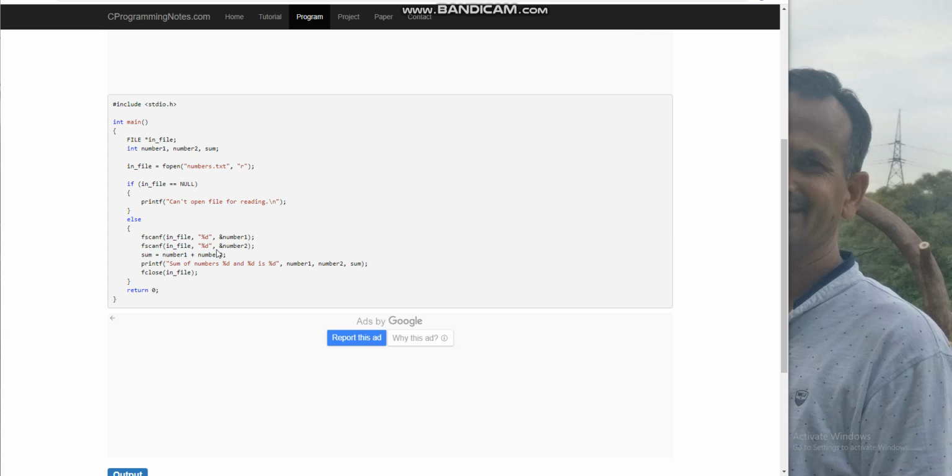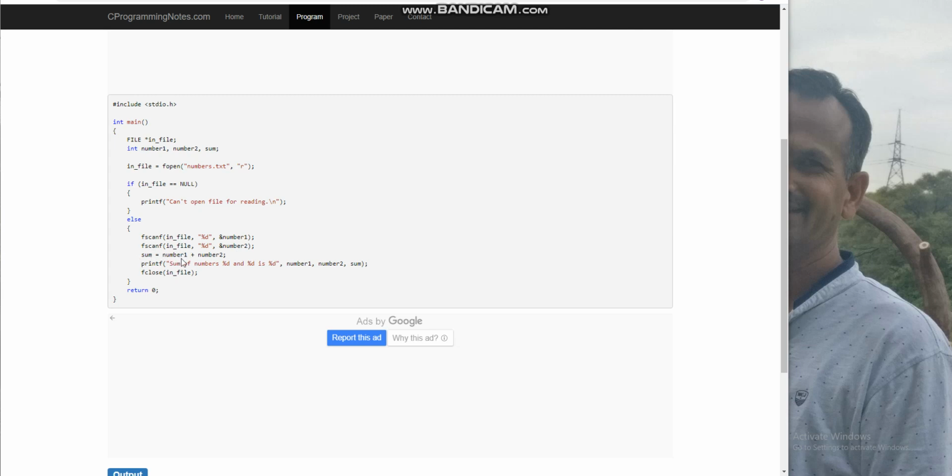The second fscanf reads the second data from the file. The first data is stored in variable number1, and the second data from the file is stored in variable number2. So these two data will be received from the file, the first variable for the first data, the second variable for the second data.